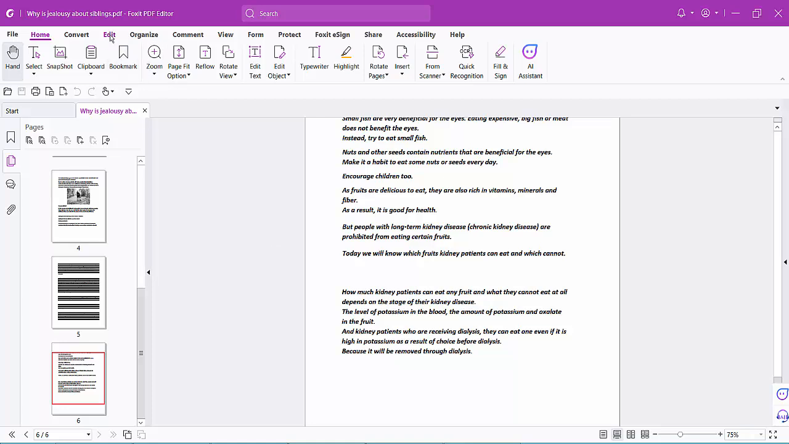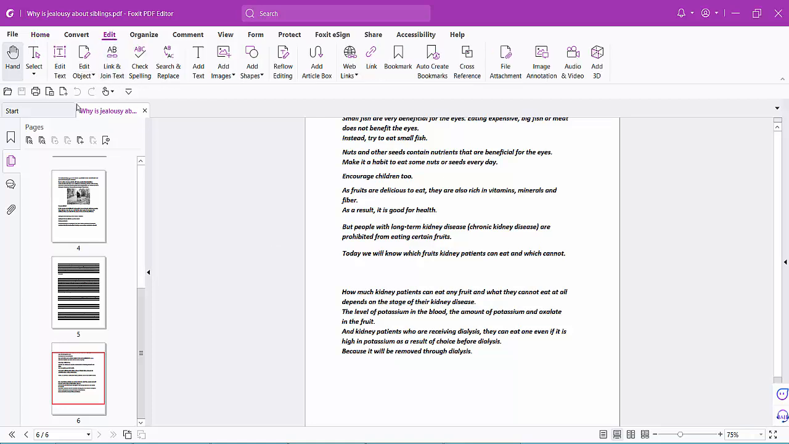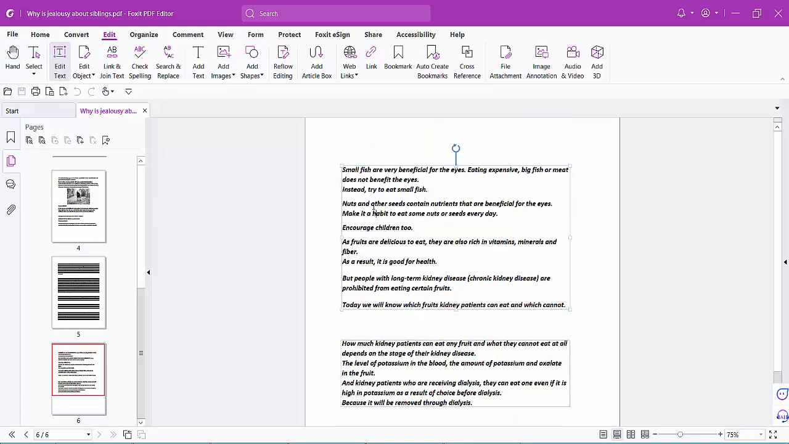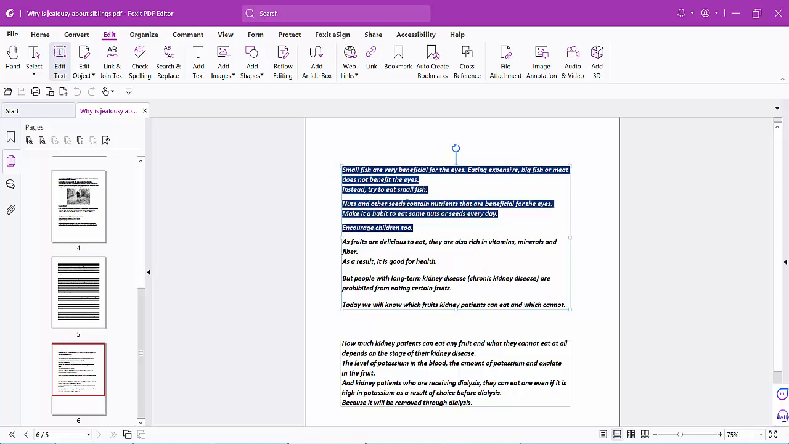Click on this edit option. Now select edit text option. Now click on this text box. As this text box text is now showing, press Ctrl A to select the whole text box, or drag your mouse to select specific text or line. Now click on this right side arrow bar